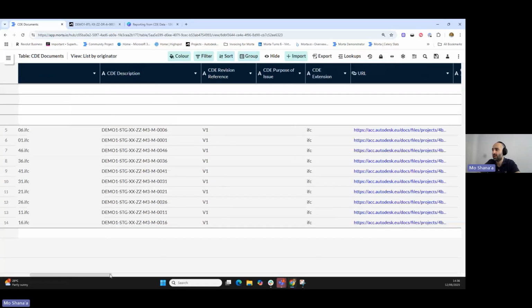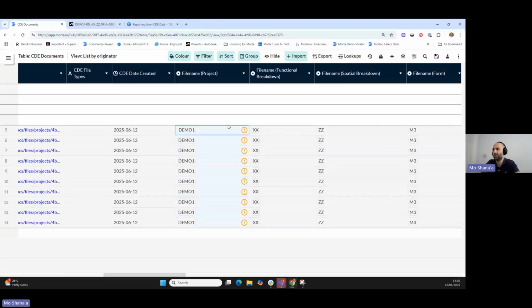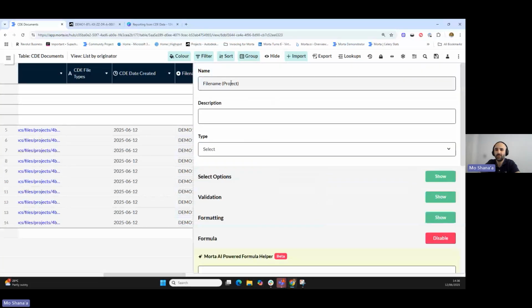Now, I quickly want to go back into my validations. This is showing an exclamation mark, right? And the reason it's showing an exclamation mark is there is a relationship